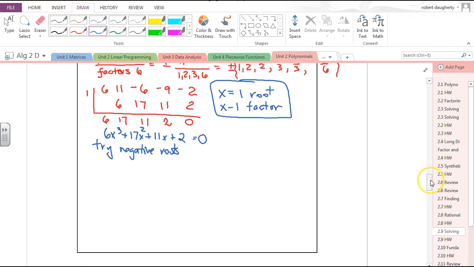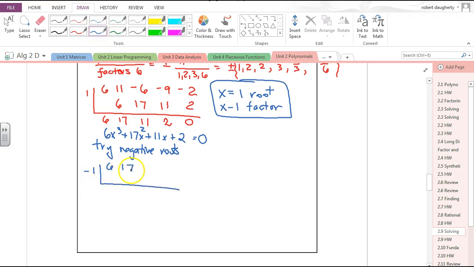So you see how these two shortcuts, I mean, they don't save you a whole lot of time, but they do save you some needless trial and error, okay? Does everyone see why we only try negative roots now when you have all positive coefficients? So I'm going to try negative 1. So let's try negative 1,